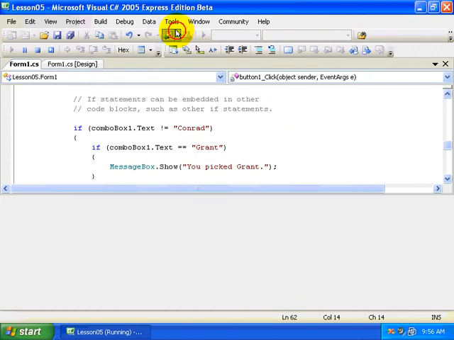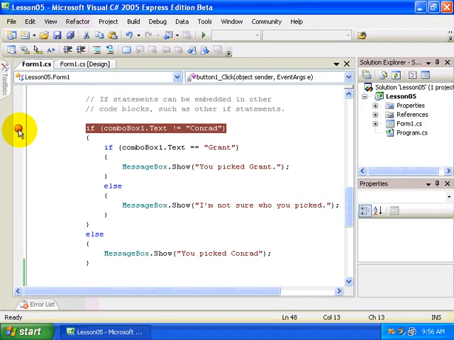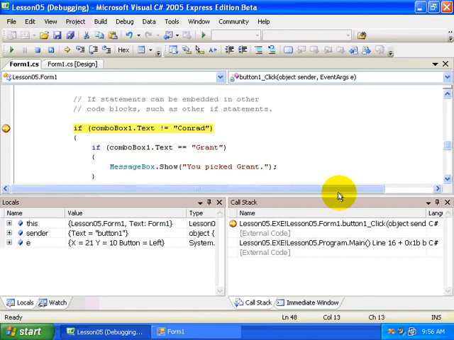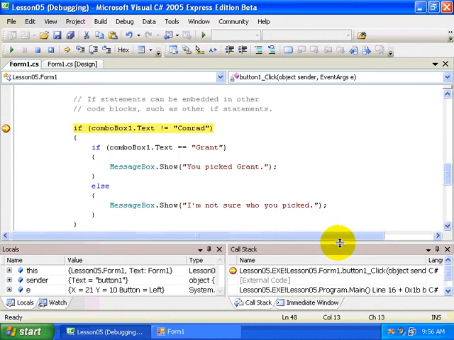And I got an idea. Actually, let's stop this and let's put a breakpoint here so that we can watch the execution of our code and monitor how it works, like we introduced in the first video in this lesson series. So in this case, I'm going to pick Beth, and I'm going to click the button. Now, notice that I get my little yellow line of execution. I'm going to hover my mouse cursor over the word text, and notice that combo box 1.text equals Beth. Great. So what we'll do next now is step into the next line of code,